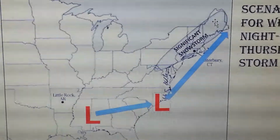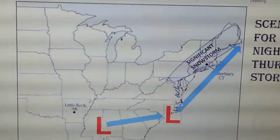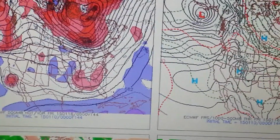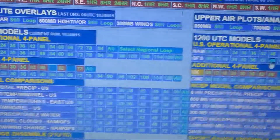I think it's very unlikely. And the other reason I say that is because, one, I don't think all that energy is going to come together perfectly. None of the models are indicating that right now. But the other thing is, if you look at the American model, I'm going to show you right now,